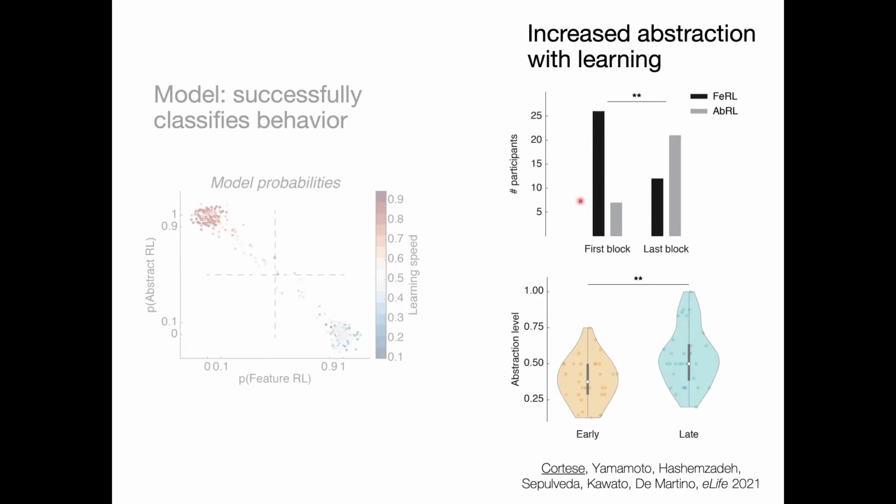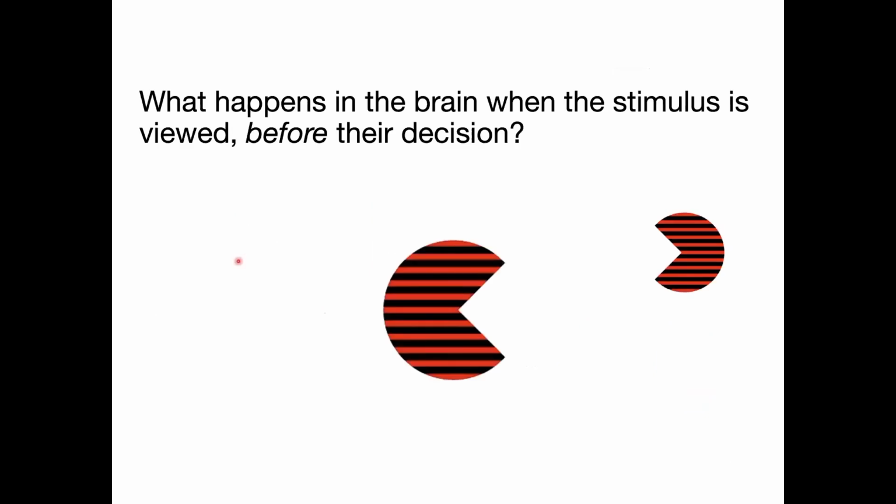On the very first block, most of the participants use a feature RL strategy, while on the last block, more participants use an abstract RL strategy. If we just do a median split over the whole session for each participant, we can see that early on, they are less likely to use abstraction, and later on, they're more likely to use abstraction. So this is a nice viewpoint, in the sense that we can clearly see that participants seem to